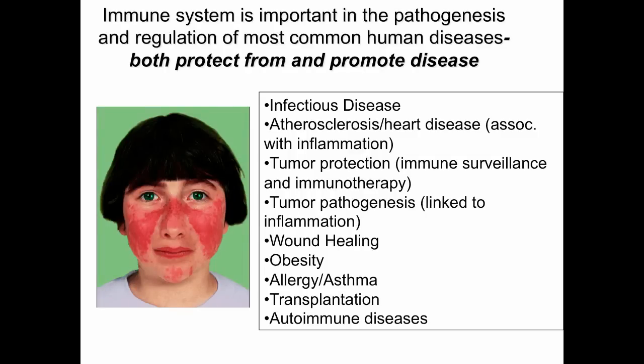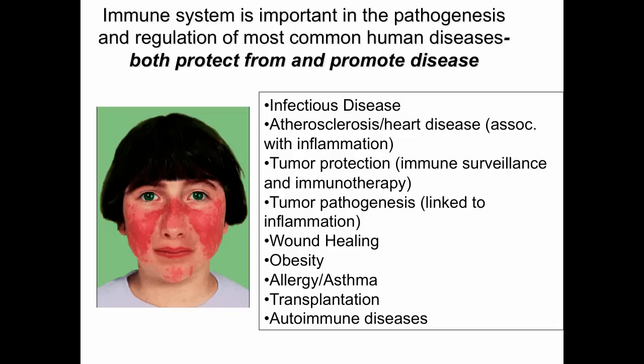We also know that the immune system is important in the pathogenesis and regulation of really almost any clinical disease that you can think of. We've already mentioned how important it is in protecting us against infectious disease, but you'll learn in the next few lectures and also throughout your training that immunology and inflammation is critical for regulating almost any type of clinical situation, ranging from